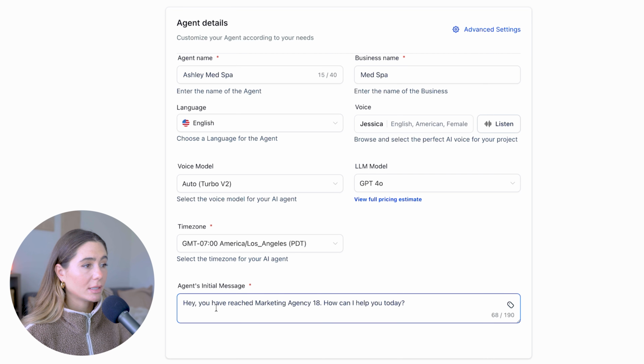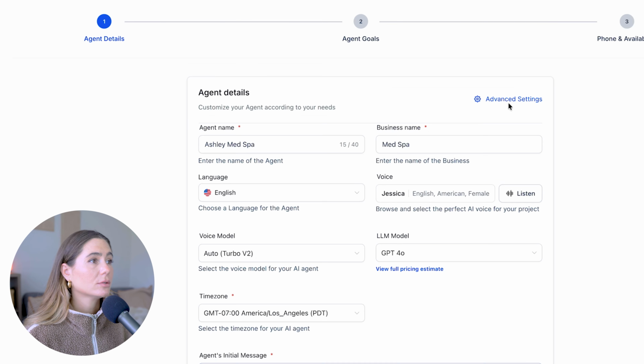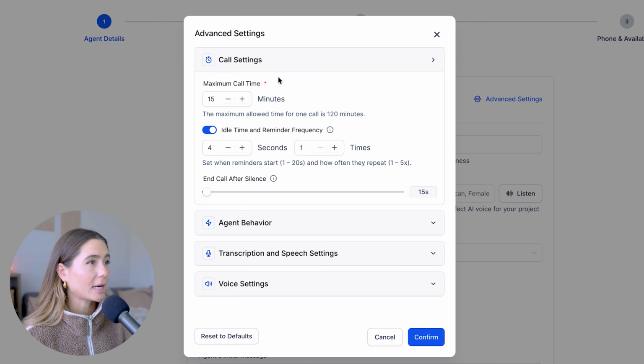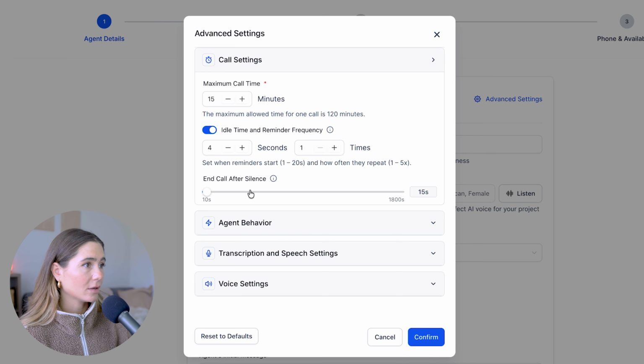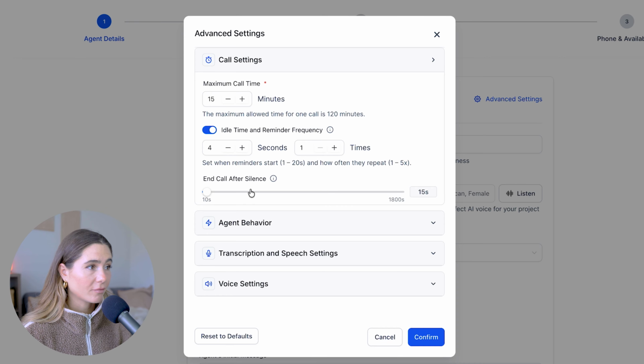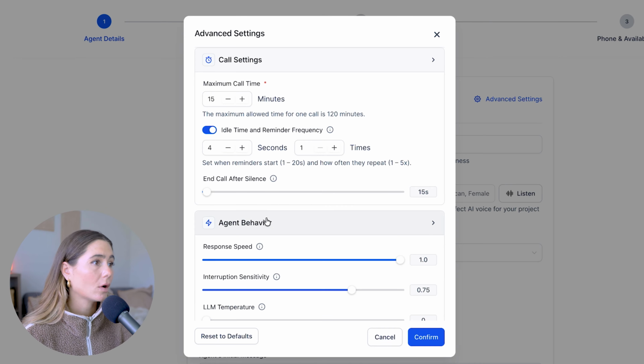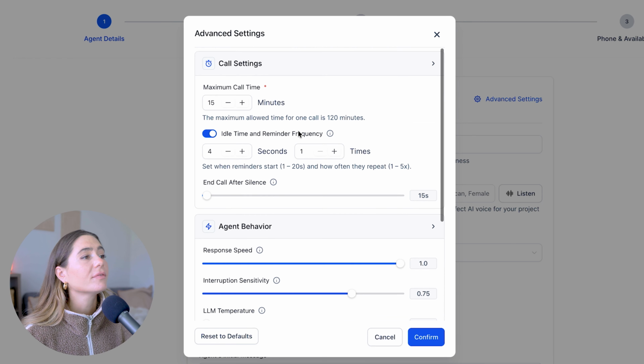Then the agent's initial message. So this is how they're going to answer every single voice call, okay? Hi, you've reached Med Spa. This is Ashley. How can I help you? There's also some advanced settings, okay, like maximum call time, idle time and reminder frequency, end call after silence. So if someone isn't talking for 15 seconds, automatically end the call, agent behavior,